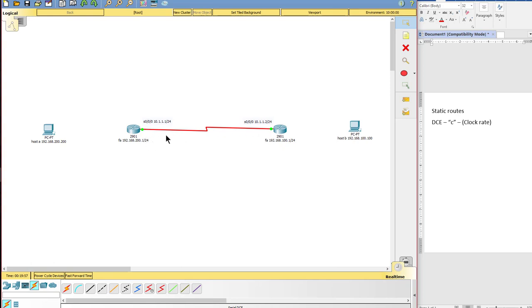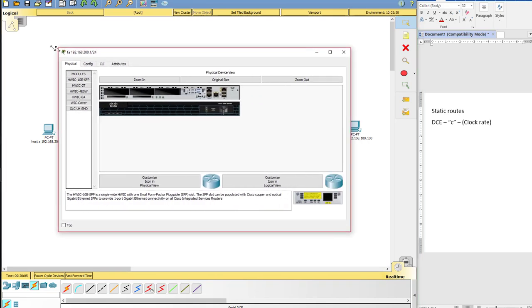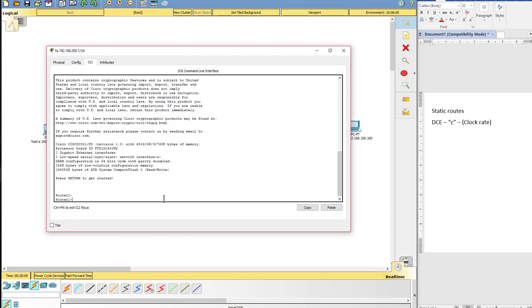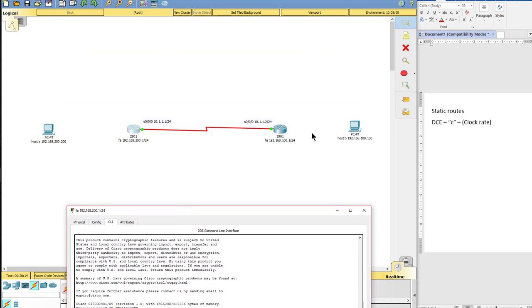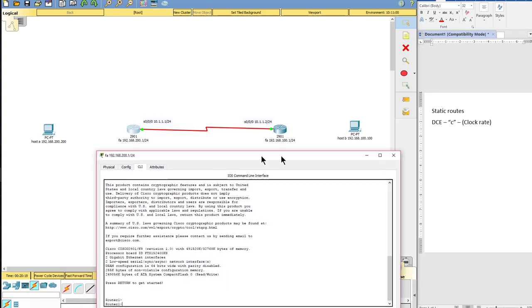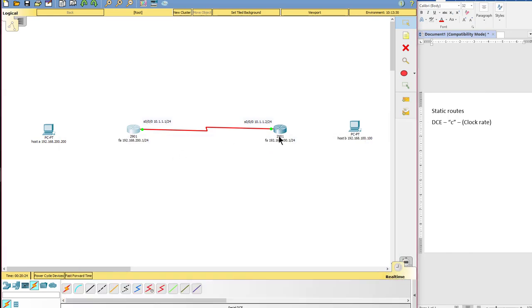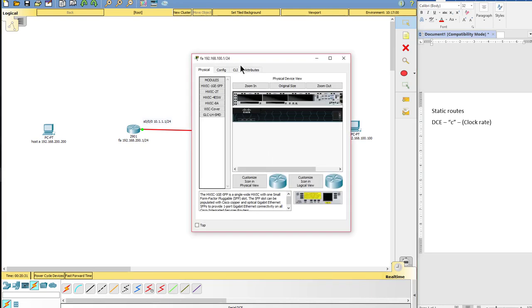So this appears to be up, but let's just check out what I just explained. In the exam, there might be questions, and I've come across this while studying, where it asks you which of these routers do you have to set the clock rate on? To figure that out, let's go to the one that I know doesn't have the DCE end of the cable. So this says the DTE end, and we are going to